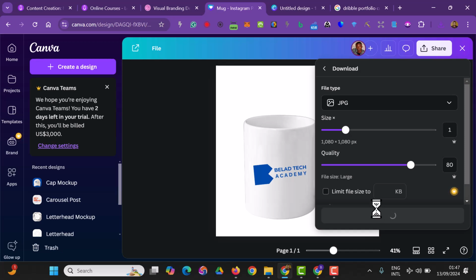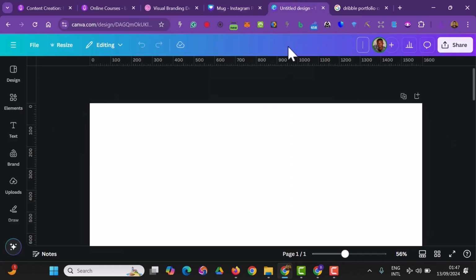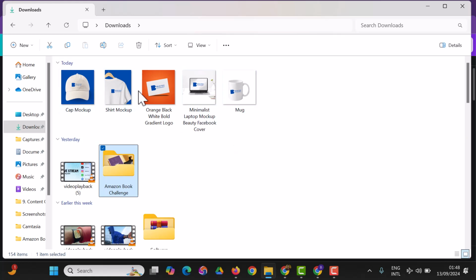So you could come back to what we are doing, which is this. I'm having that downloaded right now, so I'll come back to this. I'll name it Dribble Portfolio Tech Academy Dribble Portfolio. Yeah, we have that. So that has been renamed, and I'll bring in all the images I just downloaded, which are the 5